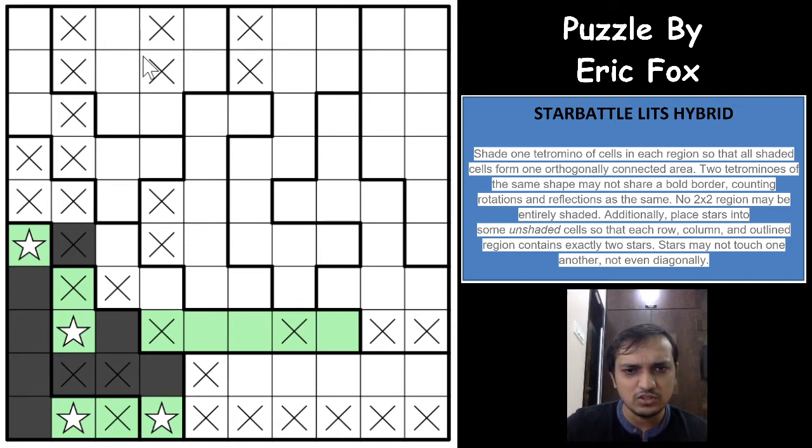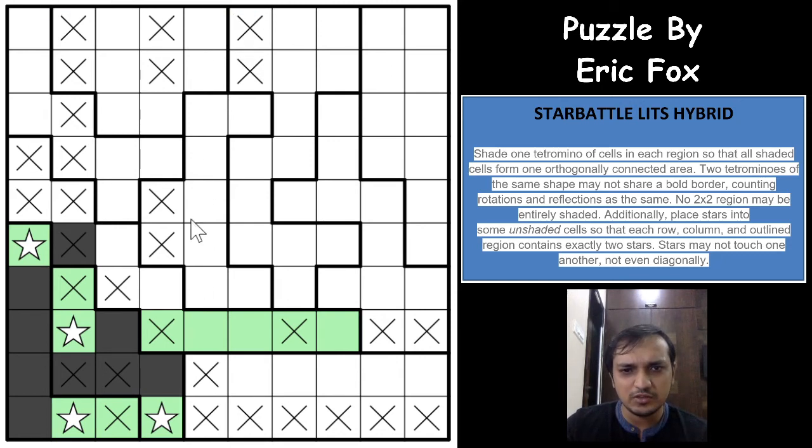Okay, as you can see here, we know that one star will have to be in one of these two cells. Can you have both stars here? Possible. Okay, superb. So for this region, if you have both stars in these two cells, you won't have enough space for the stars in the fifth column. You have only this place and no other place can have a star here, which means that one of the stars will have to be in this area in the fifth column.